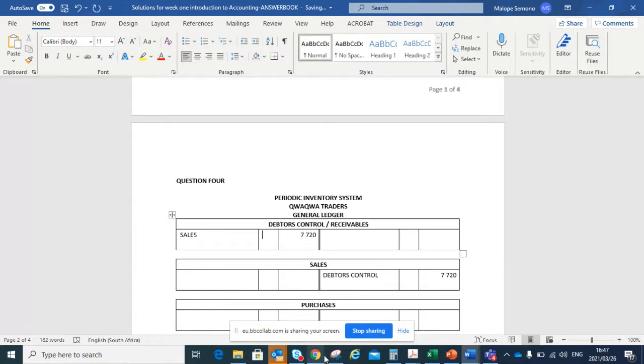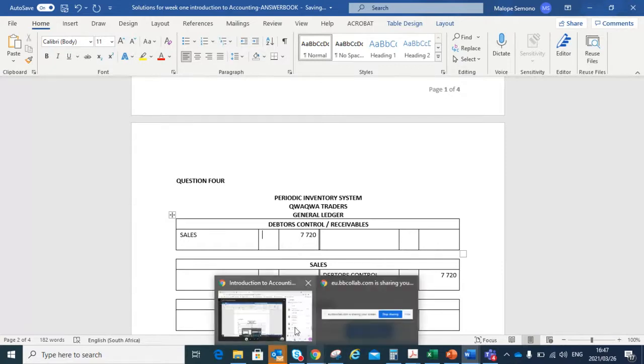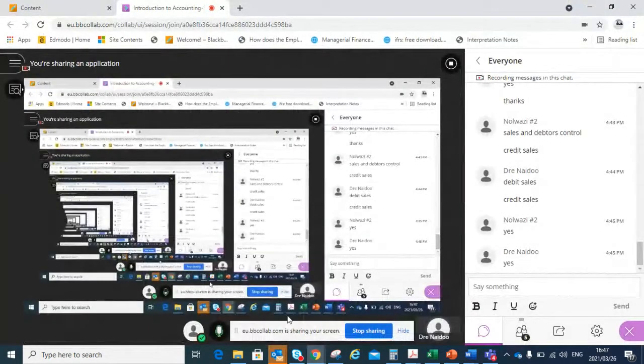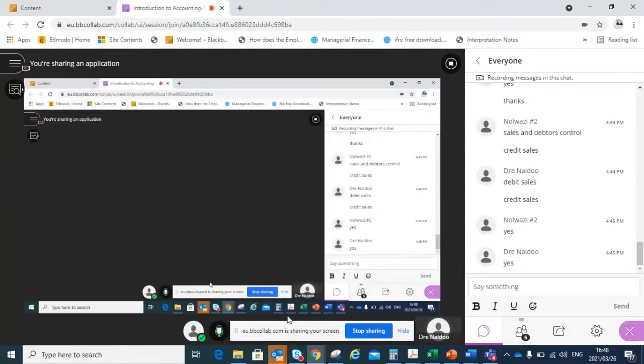Please ask me a question if you are lost. Can you see now? It's similar to the account equation. It's just that here we don't show plus and minus. Here we just go to the side and record. Remember, you cannot write debtors control under debtors control. You cannot write sales under sales. So if you've got sales, you must write the other account here. Please ask me a question if you're lost. Is everyone following? Can I see yes or no?